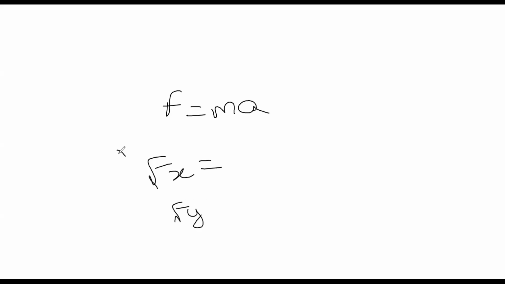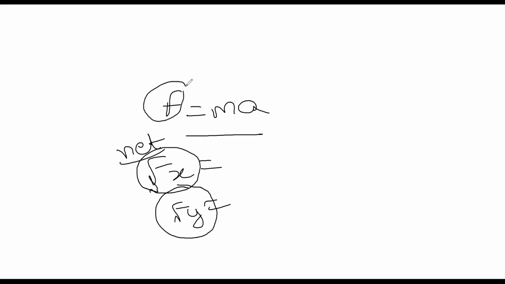Okay, that's it for today. Understood how to calculate the forces and how to calculate acceleration, right? With this formula only, we will find all the answers. That is force along X direction. This is the net force. When I write Fx, it means the net force in X direction. Fy means the net force in Y direction. So equals ma. We know how to calculate the net forces, we will find acceleration, and they will give the mass. That's it.